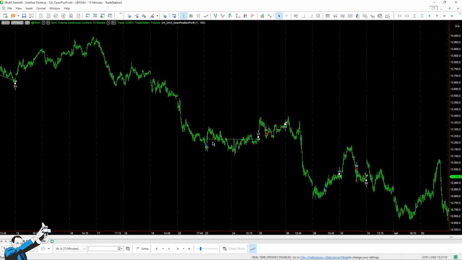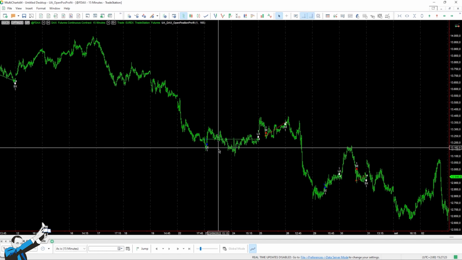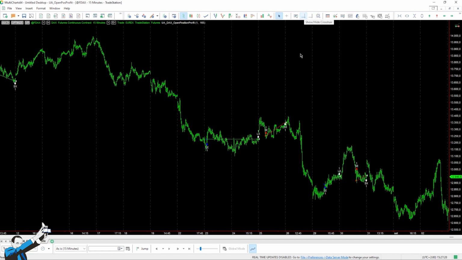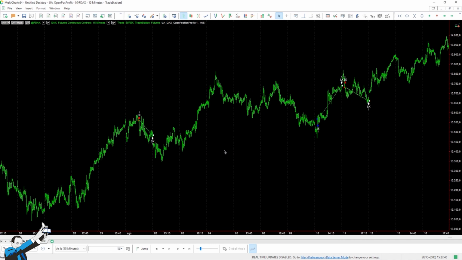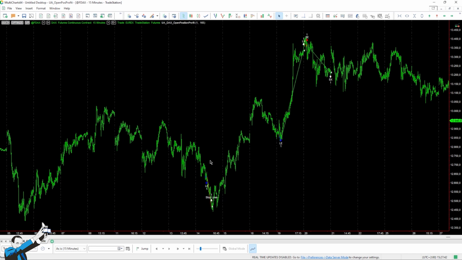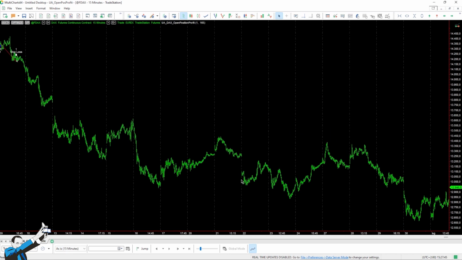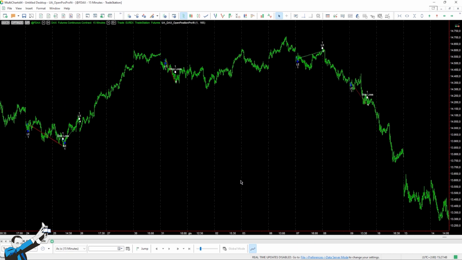Here, for example, in this trade, you can see that the strategy had entered a long position. When the check occurred in the evening, an hour before the close, the open profit and loss was certainly lower than the entry price, which was about here, while the close was lower, so the open position profit was lower than 0. The strategy kept the position open and closed it only the next day. On the other hand, as you can see, the short trades are always closed at the end of the first trading day. So this is a management that is a little different from the standard management.